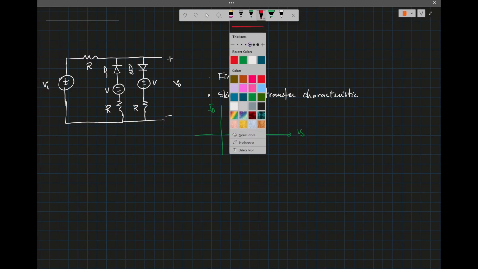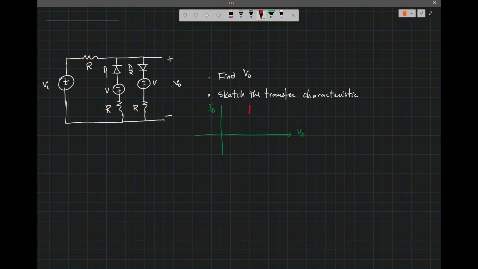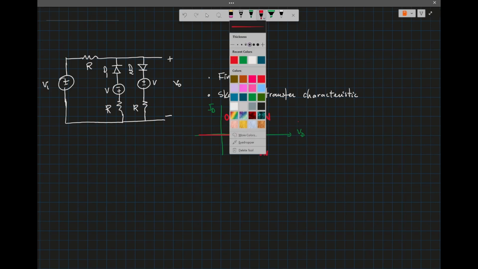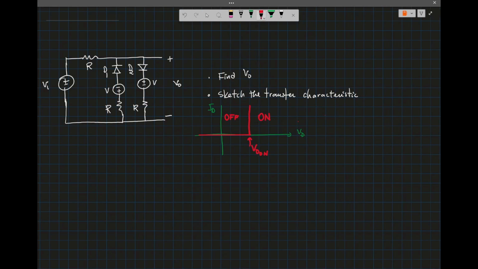The diode is on, and this voltage is VD on. The diode is off in this region and is on when the voltage across the diode is bigger than the threshold voltage. Okay, so